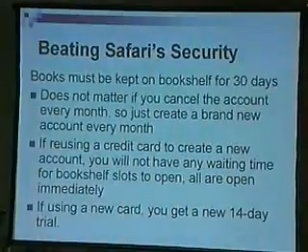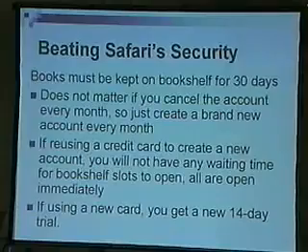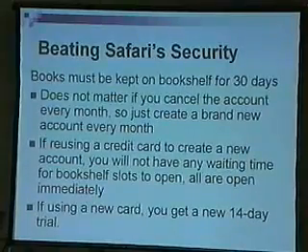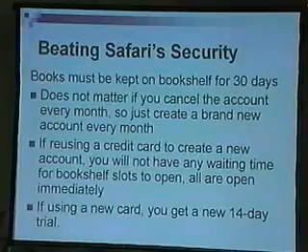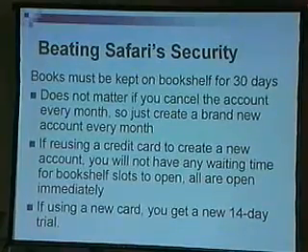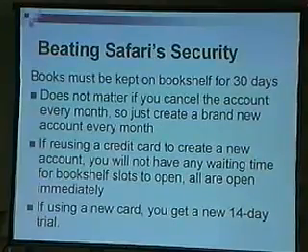Now, when you sign up for their service and you pick a book, because you only have a certain number that you can view, you have to keep the book on the bookshelf for 30 days. And that is actually a limitation because the day you sign up, you may not know which books you want to view. So it actually makes sense to just have the account for a month and then cancel it, and then at the end of the month, sign up for a new account, and it has a brand new set of brand new slots that are all open and available for use immediately.